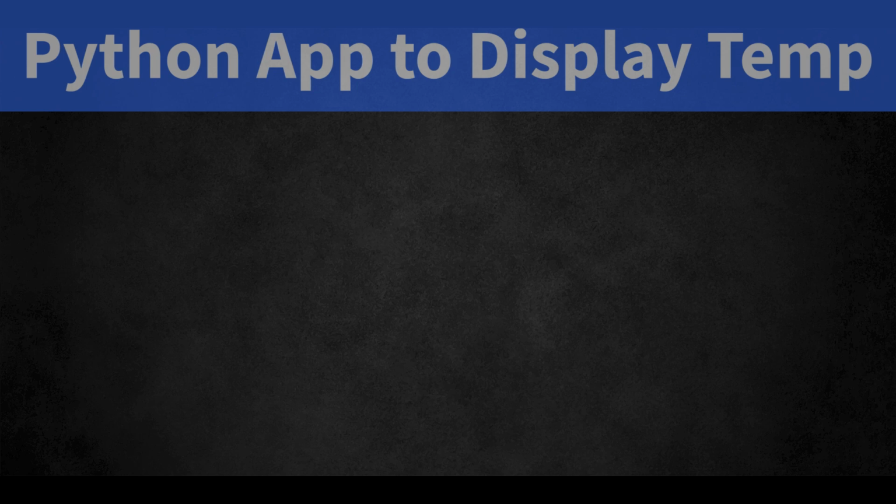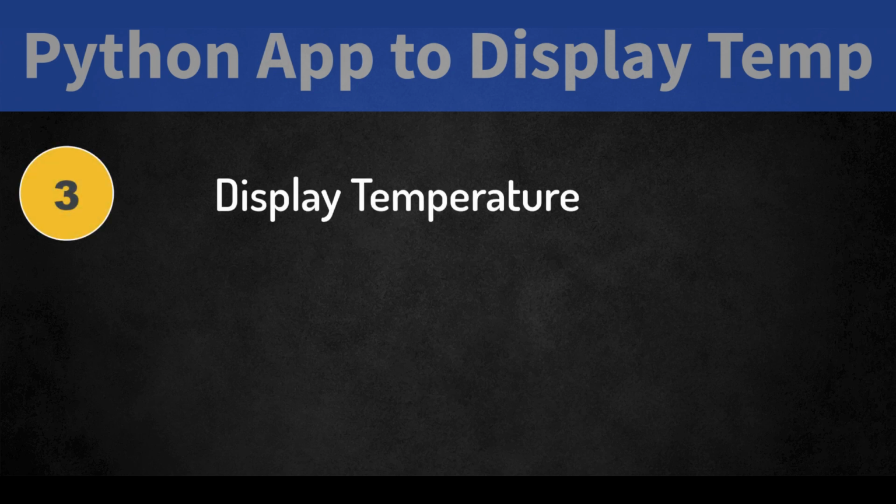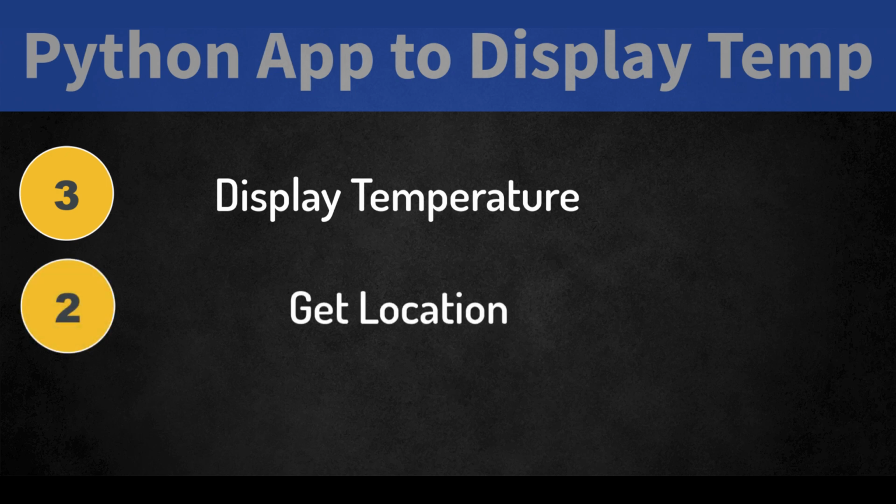Now, you have been tasked with something that might seem relatively straightforward, to display the temperature. And we want the temperature for the next 7 days. So, of course, we might think our first task is going to be display the temperature. However, it's not going to be our first task. Before we can display the temperature, we need to know where we are. So we want to get our location.